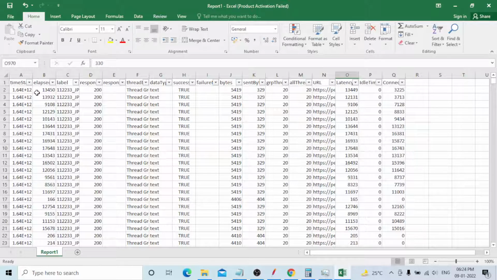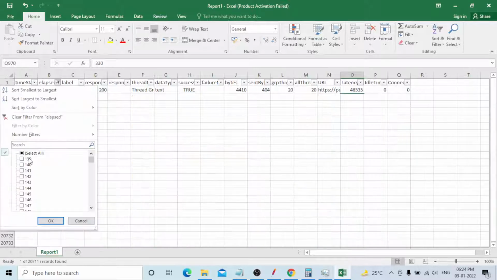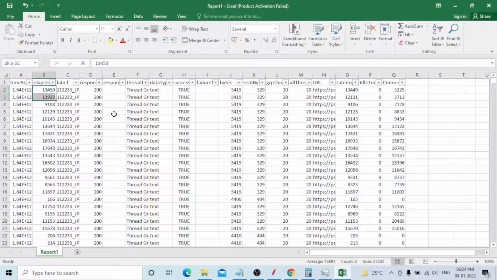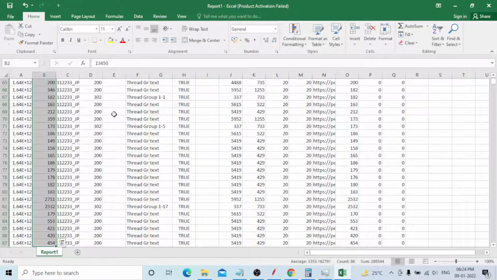Maximum, this one is the maximum. You can take all the things you need to select. Once you select all the things, now you can go to the average only, which will show what the average value is. This is the way you need to take all the things.